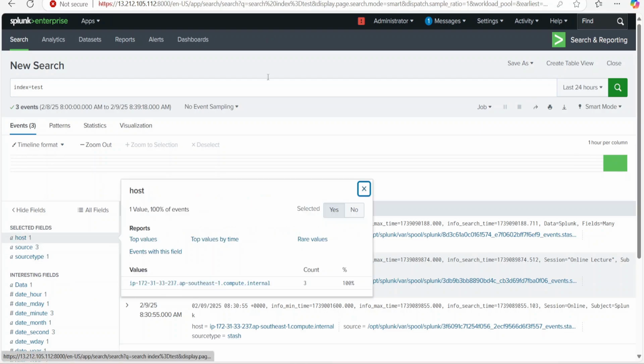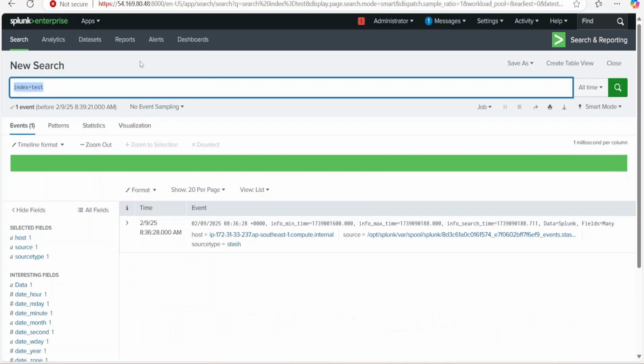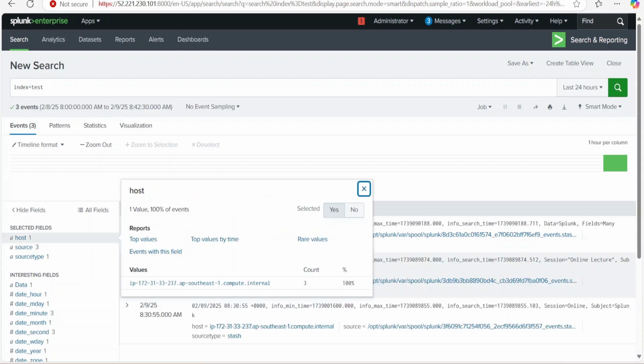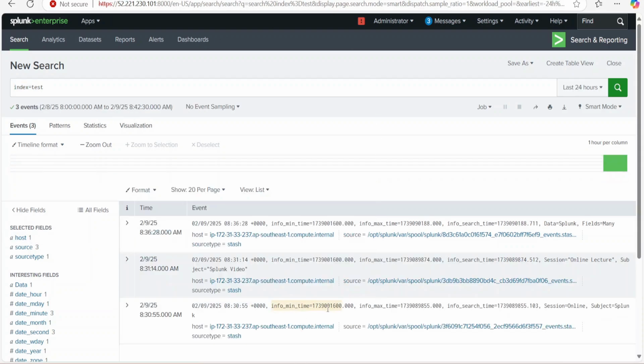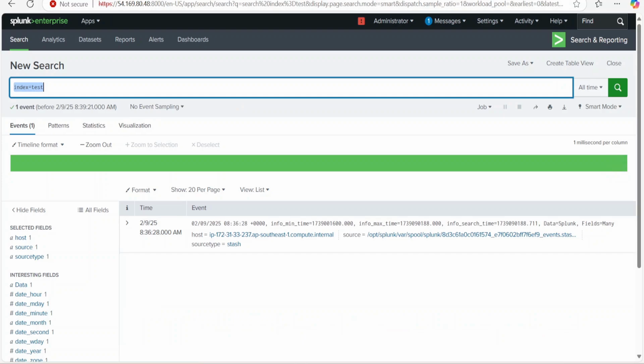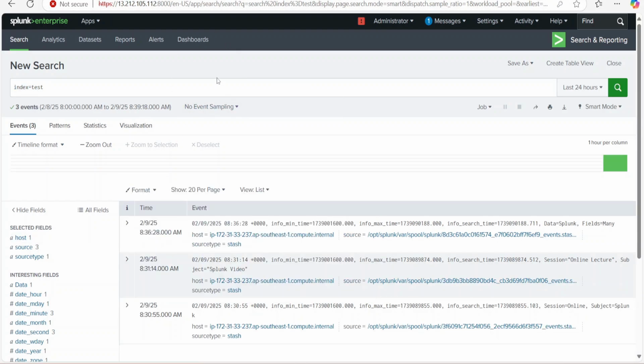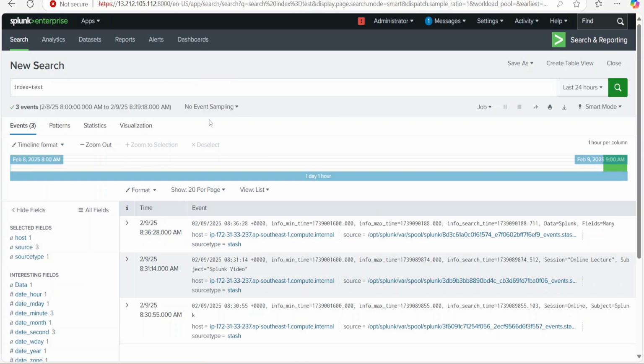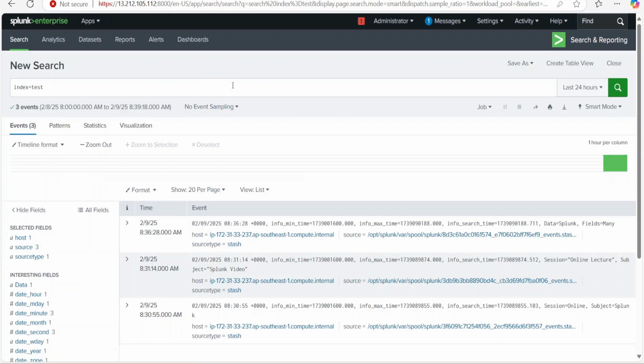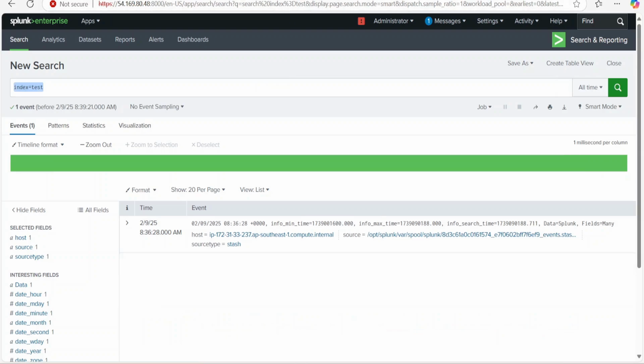From here, you are not seeing any data being populated, because here you have the secondary buckets, not the primary buckets. Everything was generated here. The data was ingested on peer node 1, and then it got replicated to your second peer node. But now what we will do, we'll try to create